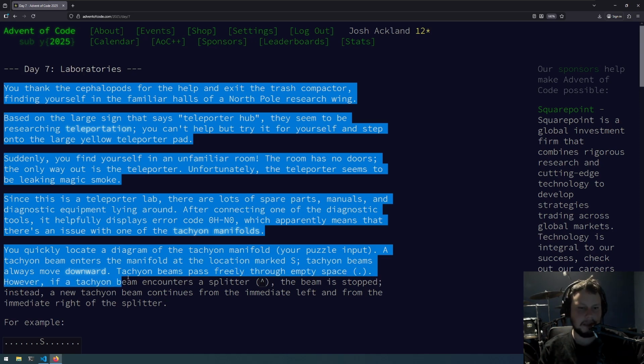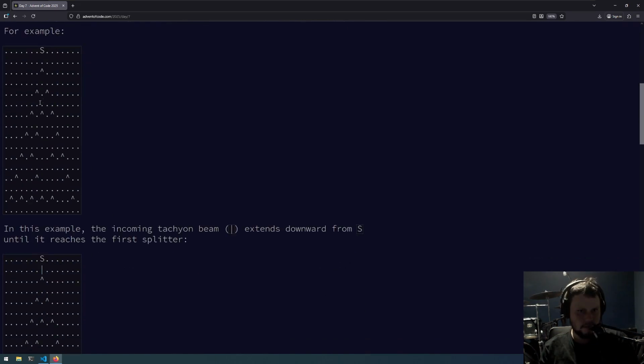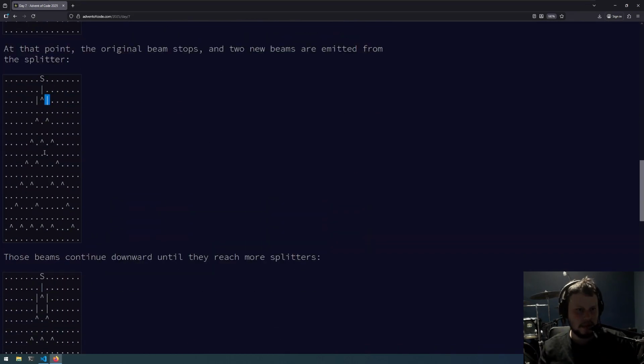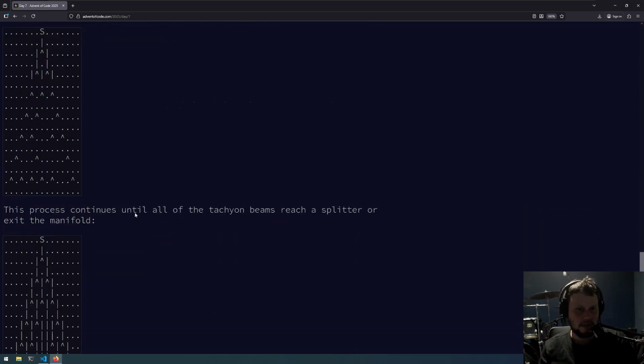However, if a tachyon beam encounters a splitter, the beam is stopped. Instead, a new tachyon beam continues from the immediate left and from the immediate right of the splitter. So if we have this, it would go down to here. The next one would go into that, but it would stop and split to the next one. And it would carry on as so, go down, split, split, and it would keep doing that until it reaches